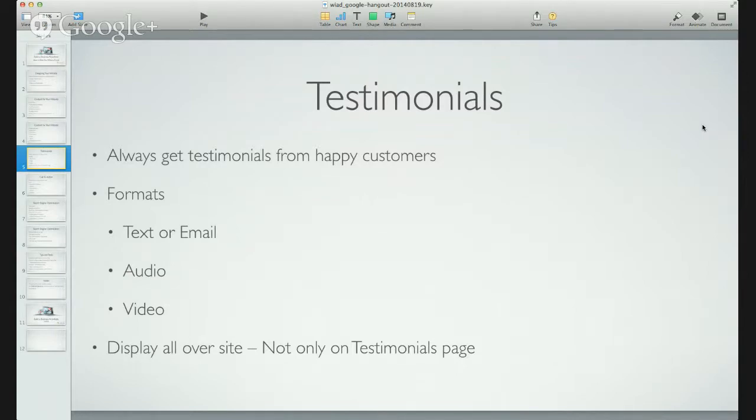You can set up your website with the comments so that you first have to moderate them, meaning you decide whether you want to make them visible on your website or not. So when someone posts, it doesn't go live automatically. But it's very important to get these testimonials, because testimonials give credibility.